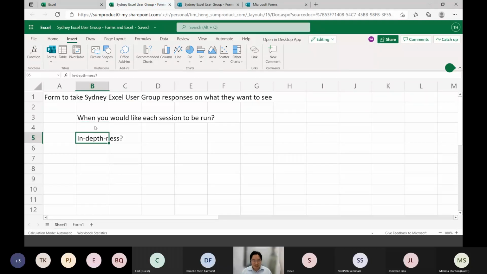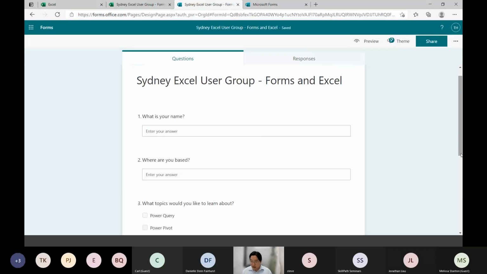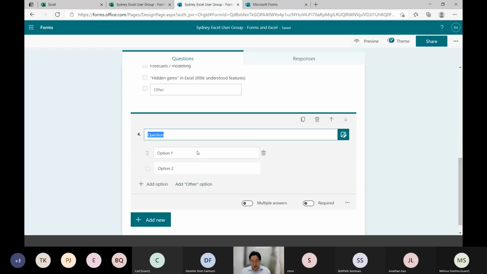Level of depth of topic. So do we want a deep dive? Do we want to do high level explainers, introductions to different sessions? This sounds like it's going to be another choice type question. So how detailed do you want presentations to be? And so maybe we can ask the question, deep dives,